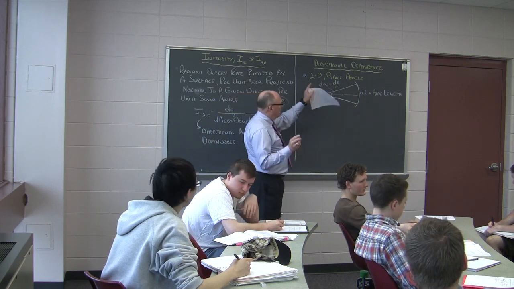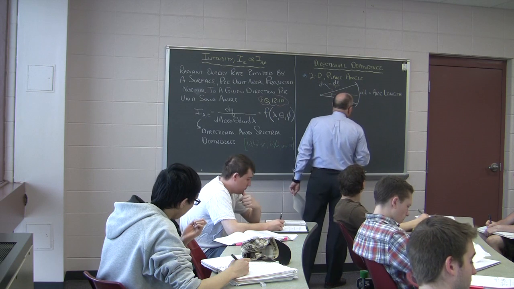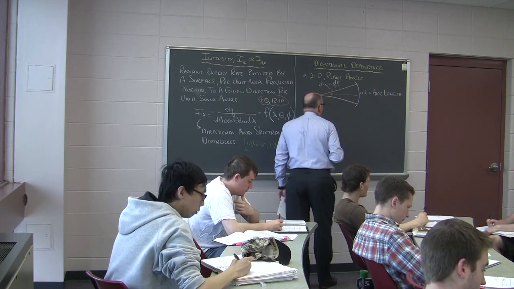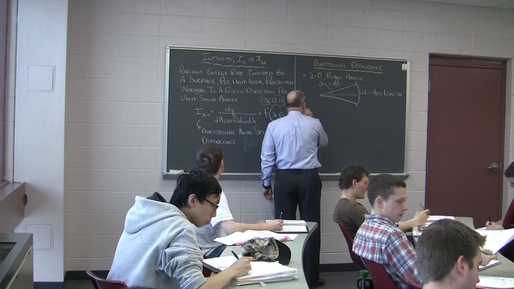All right, so this is what we're familiar with, the plane angle. This would be our dl, our arc length, this is our radius, this is our angle alpha. Now, when we look at 3-dimensional projections,